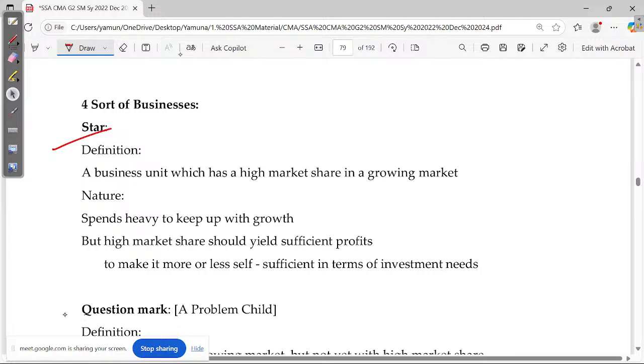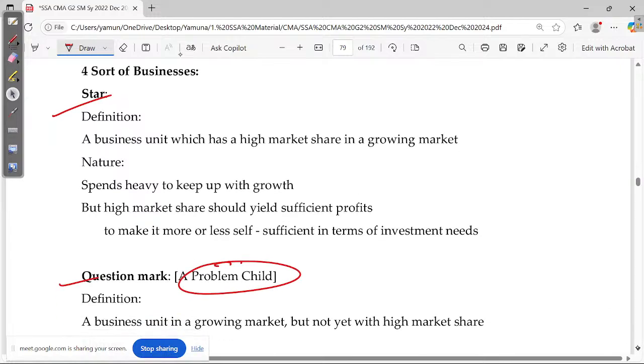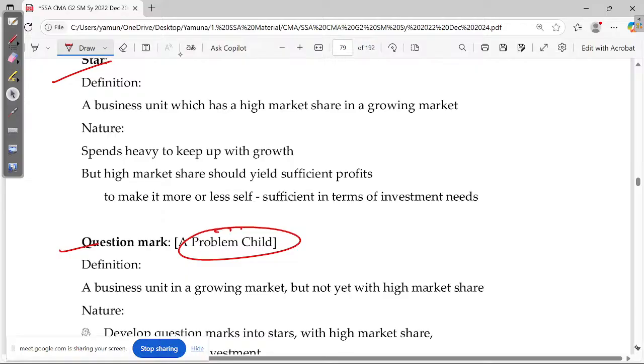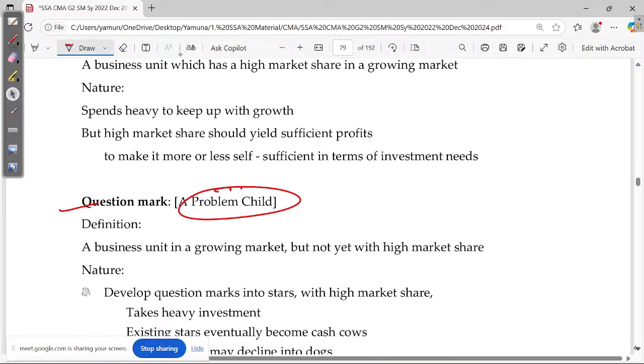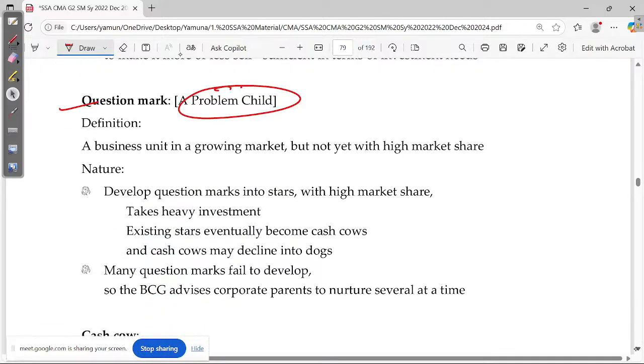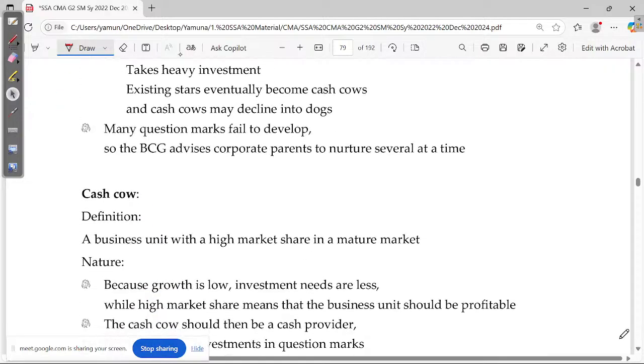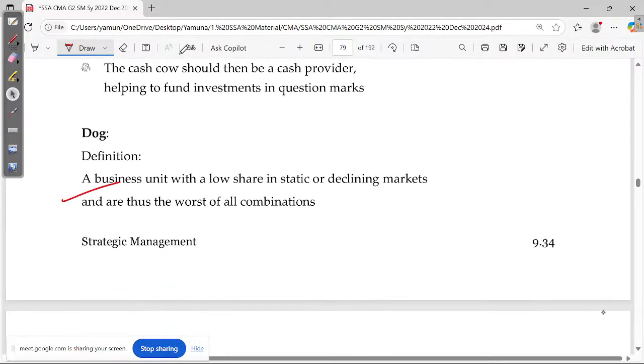So we have the star, and the question mark is what he calls the problem child initially. We don't know how to handle it. Okay, this is the situation of the organization. Whether to sell this product, keep it, or give it away. This will go quickly because you cannot spend at one point of time. You cannot spend more. Definitely, there will be a question raised by the shareholders, sometimes by the regulator authority also. Cash cow, you can just have a look at this one also. And dogs.